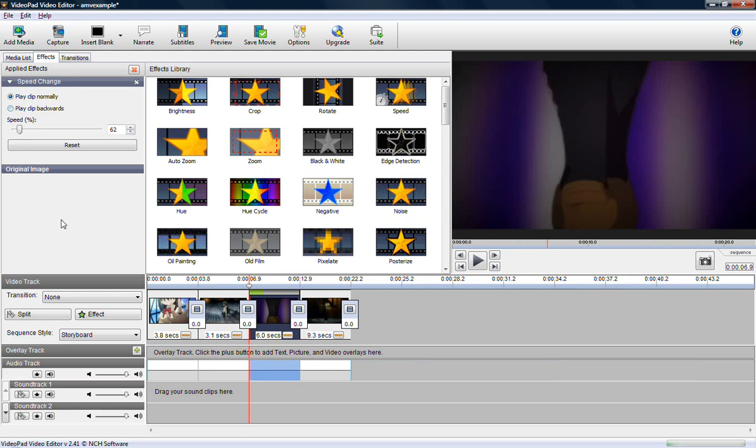Decreasing the speed percentage is great for if you want to extend a clip that happens to be really short, or if you just want to go for a cool slow motion type of effect. Now, like before, you can preview whatever you've done in this right side player here, starting from wherever you have your red seeker bar. You may also notice this green bar loading on the top of your clip. This is the effect loading onto your clip, and until it's done loading, you won't be able to preview the clip in its entirety with the effect added. However, it shouldn't take long depending on how many effects you've added to your clip.